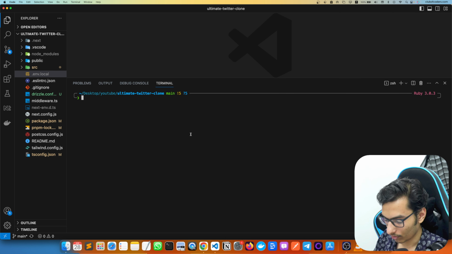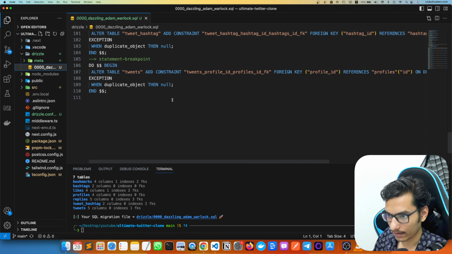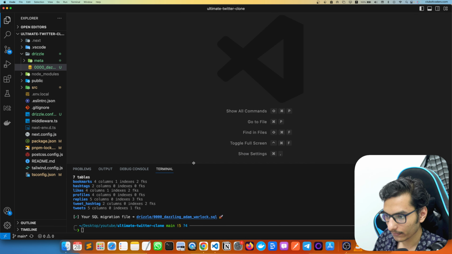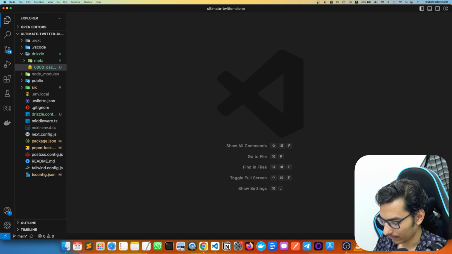So we can generate SQL from our schemas with pnpm run generate. It will generate all our SQL in the Drizzle folder. So you can see we have all our tables and relations here. This is cool. And now if you change something, let's assume we want to insert something